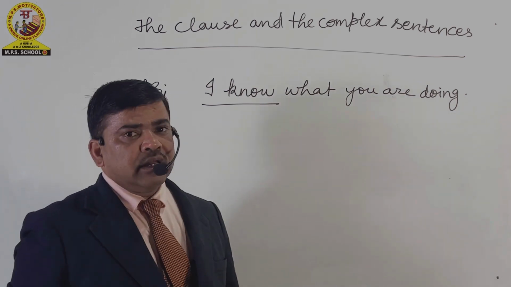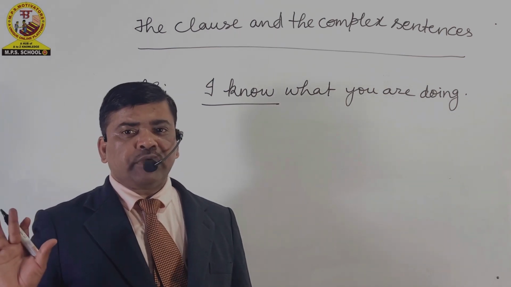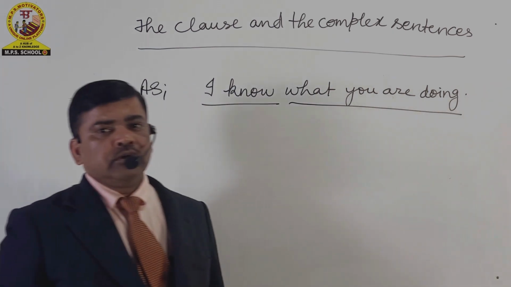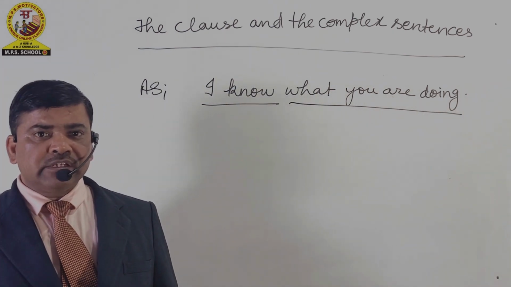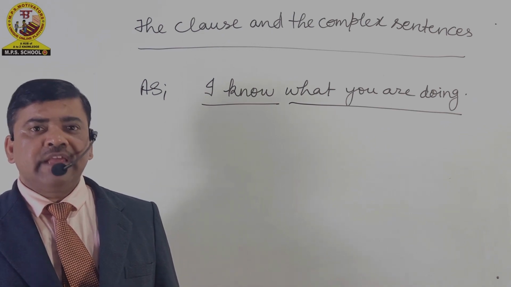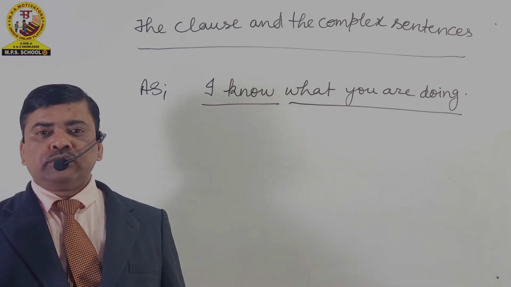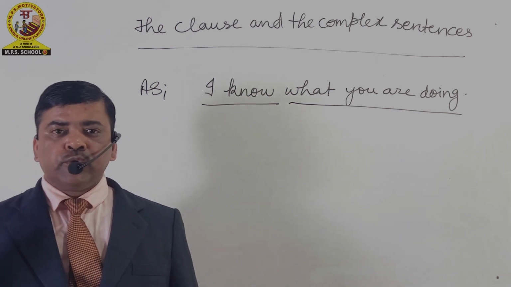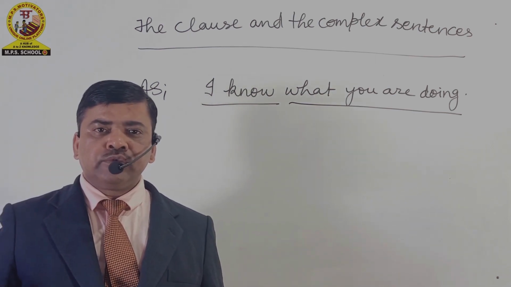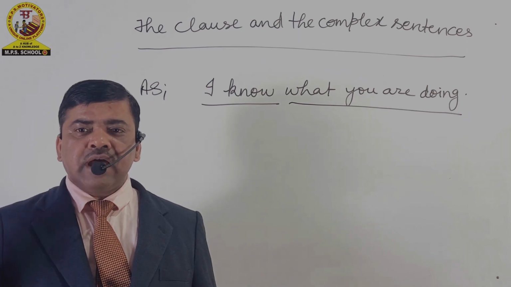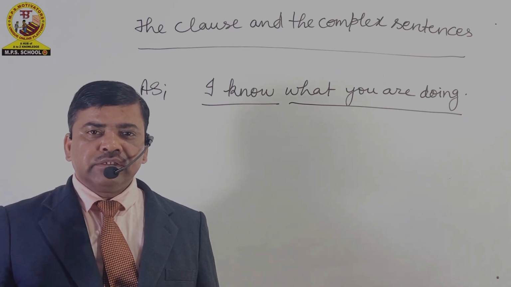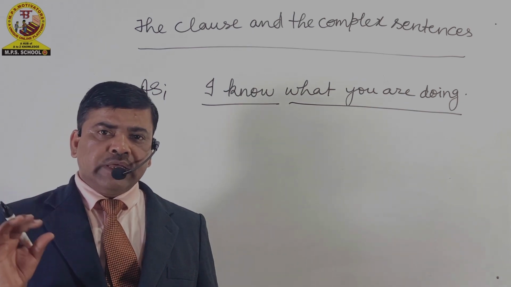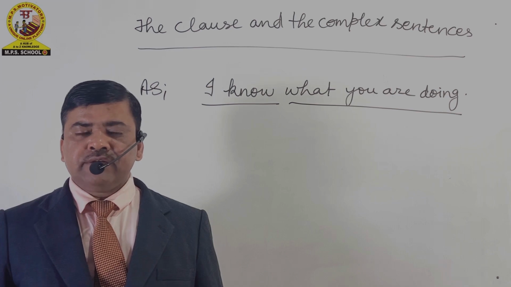See here, I know does not depend on what you are doing. I know can be used as a free sentence also, as a sentence also. I know. If anybody asks you, do you know about this? You say, yes, I know. हाँ, मैं जानता हूं। तो आई नो का प्रयोग स्वतंत्र रूप से वाक्य के रूप में किया जा सकता है,